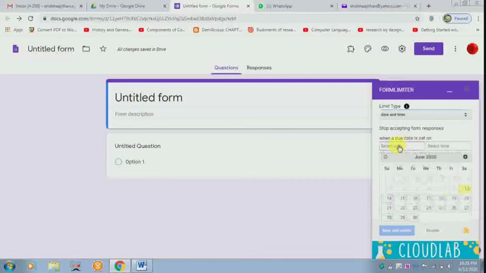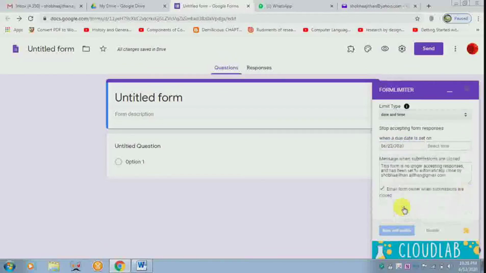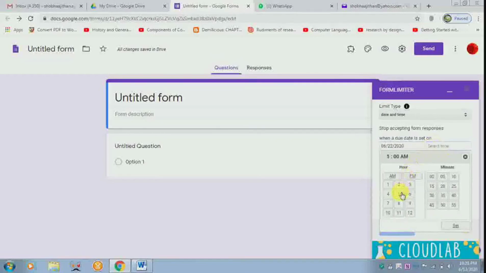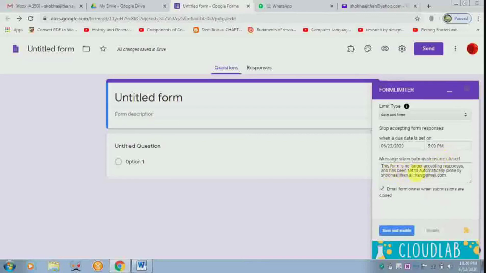So I am just selecting the date as 22nd June 2020, and the time will be say 5 p.m. and click set. After 5 p.m. this message will go to those persons who are trying to access the test, and click save and enable.